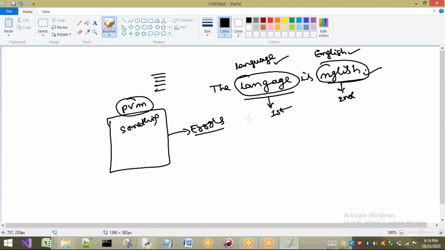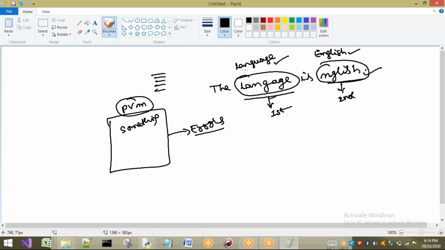When we get an error, for example, with the word I wrote for language, I don't know what the meaning of it is. That means I will say it is an error, because it is not present in my mind. So we are going to get an error.